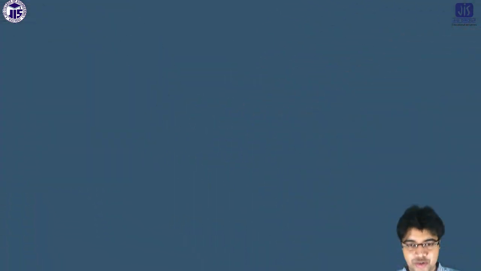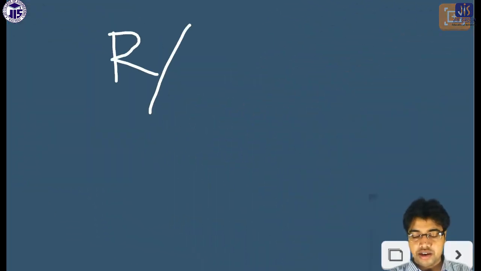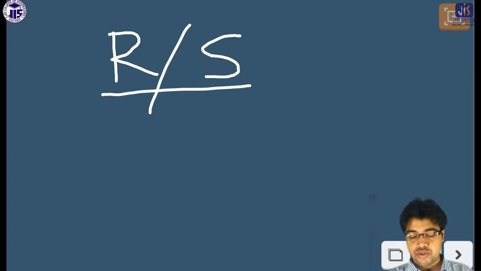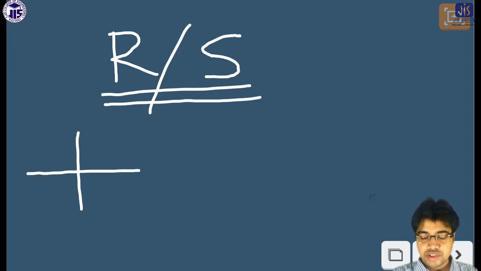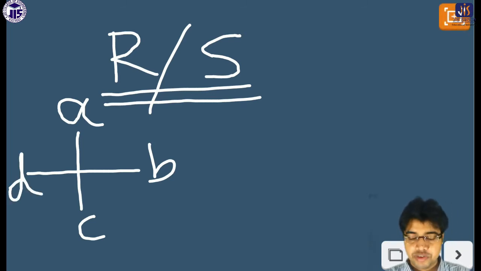The most important part is the RS nomenclature. How is it possible to do the RS nomenclature? First of all, you have to know some points. Before going to RS nomenclature, you have to understand the priority order of the atoms, because there are 4 atoms, A, B, C, D. So the first step of the RS nomenclature is to give the order of the 4 groups attached to the chiral carbon.